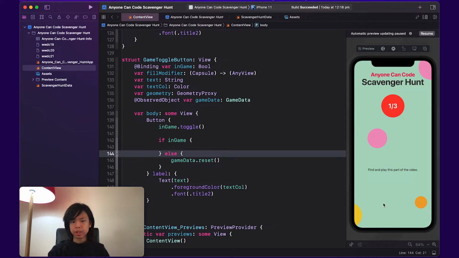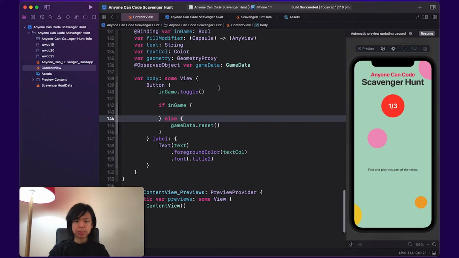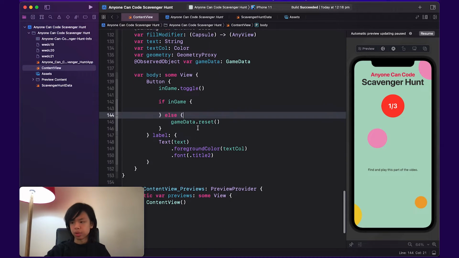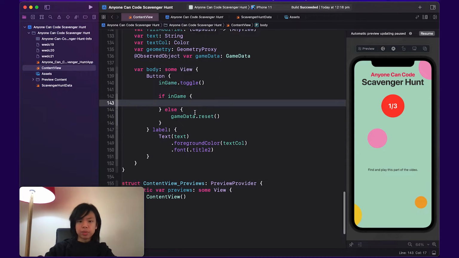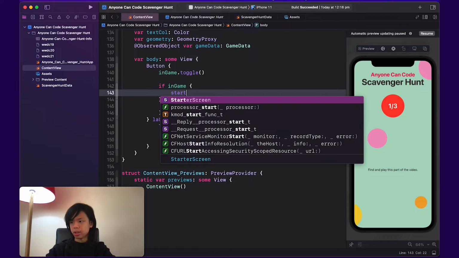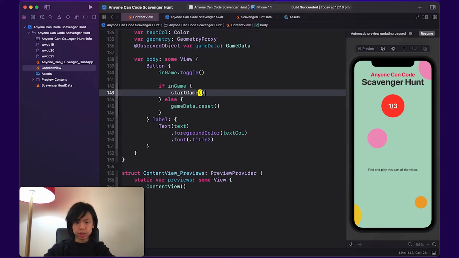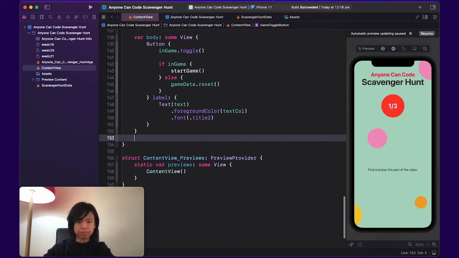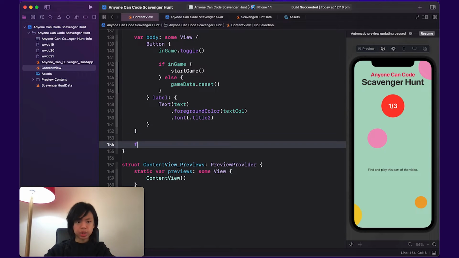We're going to be using it in the game screen and the starter screen, and since this button has basically the same shape and only a few things are different, I am going to just create an entire struct for it that can be reused over and over. If we're in the game, I'm going to set a function called start game. I will actually create that function right now. So start game,